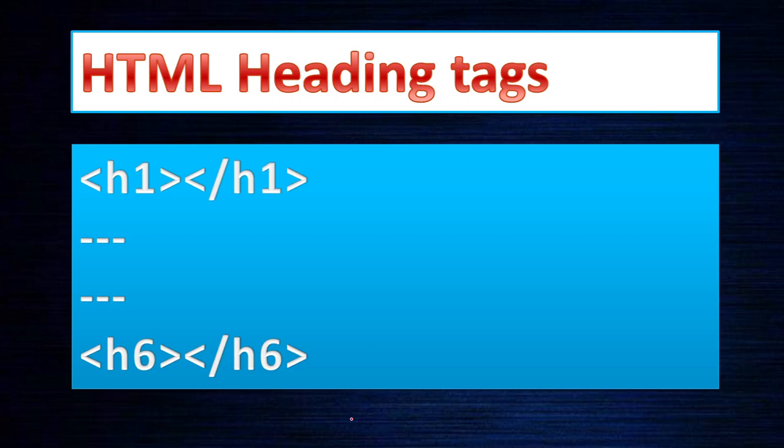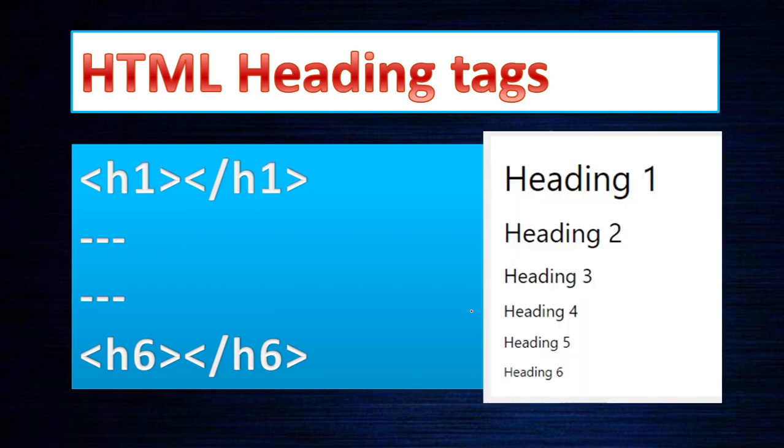So now we'll move on. We learn about the heading tag. H1 and closing H1. This is one tag. If you want to put the text in a bigger size, for that you have to use the H1 heading tag. These tags are available up to H6, then close the H6. So H2, H3, H4, H5, H6. Totally 6 tags are available to display the text as a heading.